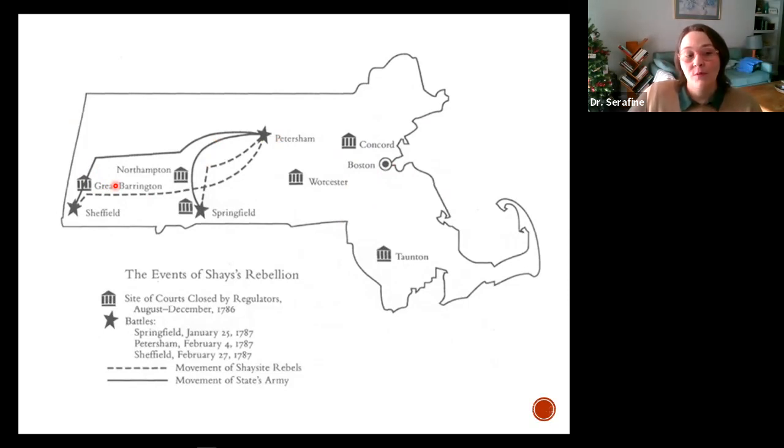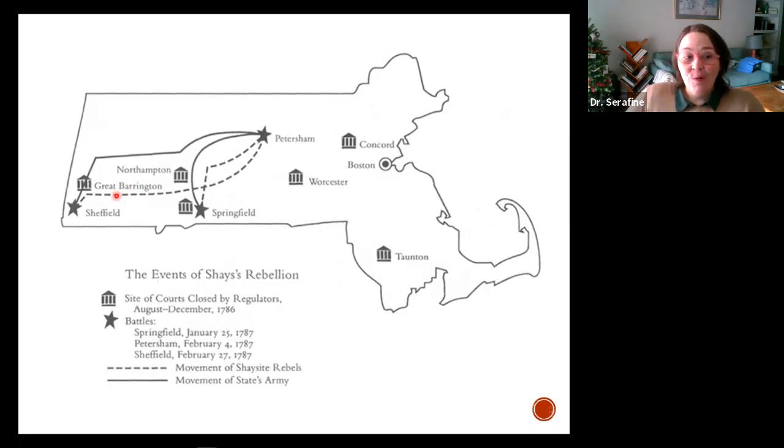And when they don't, the farmers shut the courts down. They literally seize the courts in these towns, prevent them from enforcing debt, prevent them from foreclosing on farms. The judges, by the way, hilariously have to move to the tavern next door, and they're like, court's out of session for the year. Not for any particular reason, we're just done. And then they all go home.